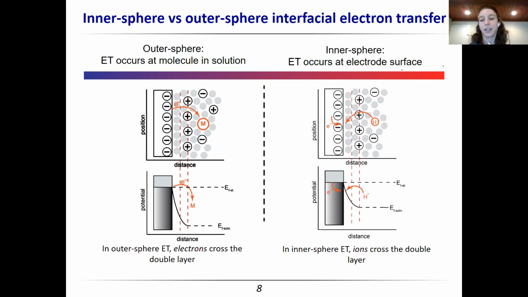So the reaction that I've shown is one that happens very easily on platinum. You can form platinum hydrogen bonds by transferring a proton and electron. But it's much harder to do that reaction on things like gold. And in fact, you would just generate hydrogen before you would observe the formation of a surface gold H bond. So outer sphere, electrode doesn't really matter. Inner sphere, electrode matters a lot.